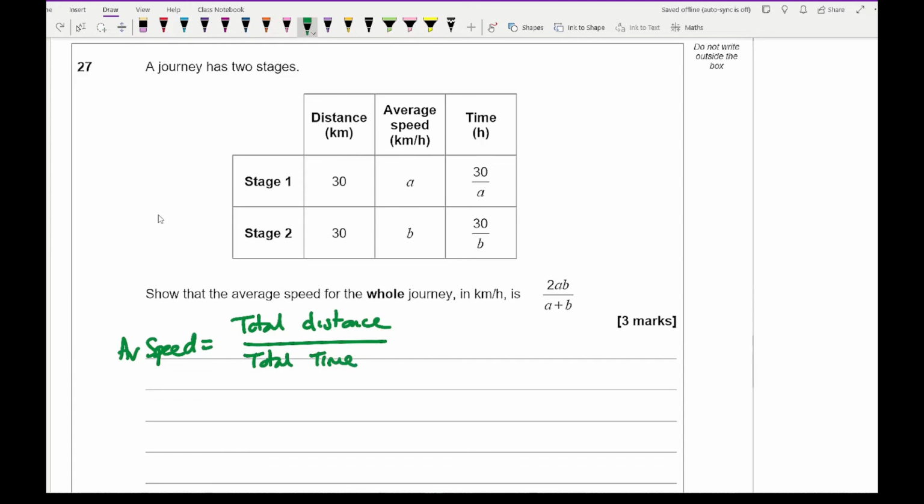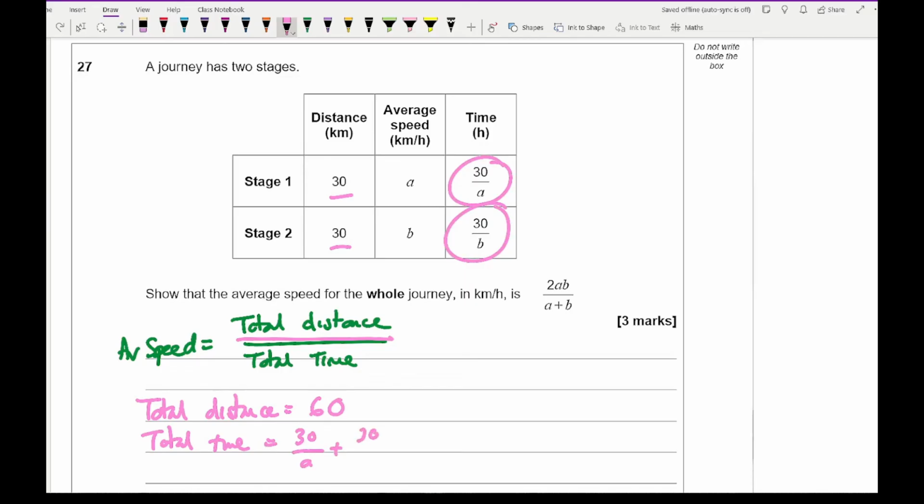Now working these bits individually, I've got the total distance, which is basically 30 plus 30, which is 60, and the total time, which is going to be this plus this, which is 30 over a